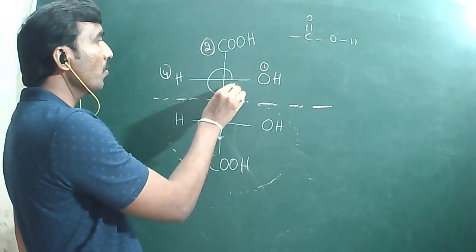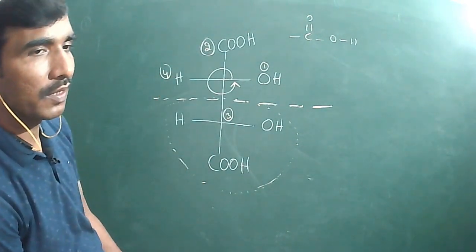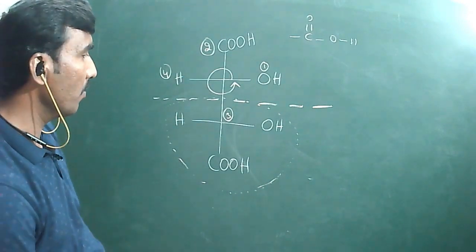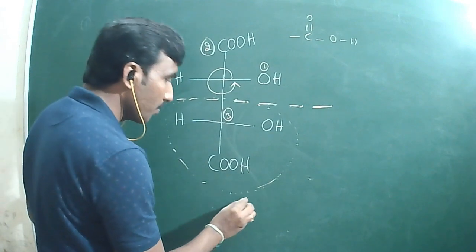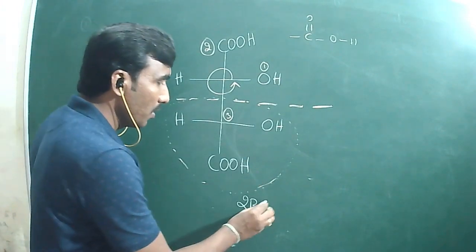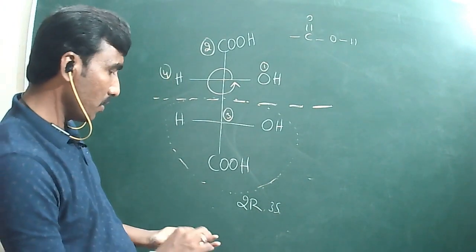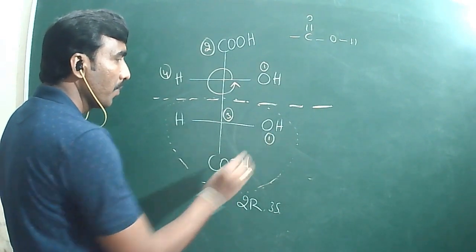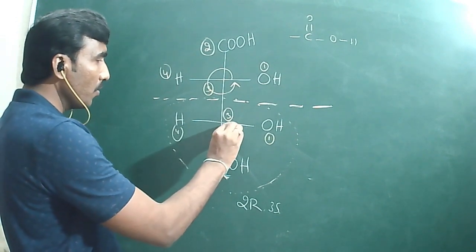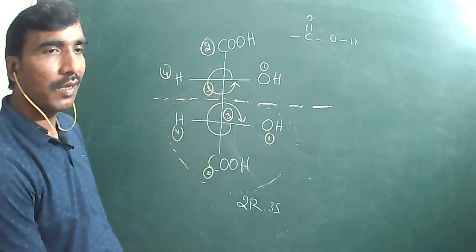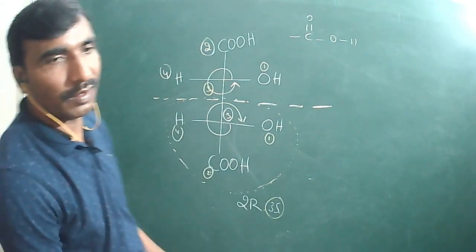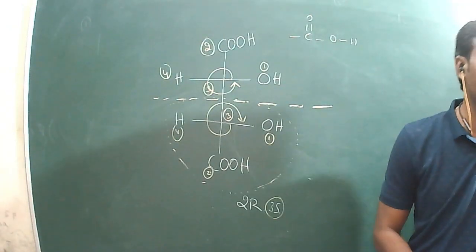Now 1, 2, 2, 2, 2, 3. Clockwise or anti-clockwise? Anti-clockwise, but the least priority group is on the horizontal line. Then what we should do? R or not? If it is R, it should be S, no? Because it is exactly the mirror image. Otherwise you can find it out. Right, tell me. First priority, second priority, third priority and fourth priority. 1, 2, 2, 2, 2, 3. Clockwise direction. But the least priority group is on the horizontal line. So 3S. Any more? You just tell me the example number, I will explain.